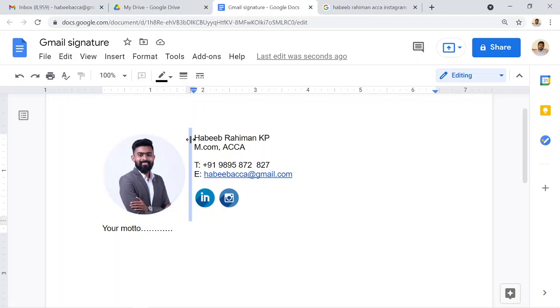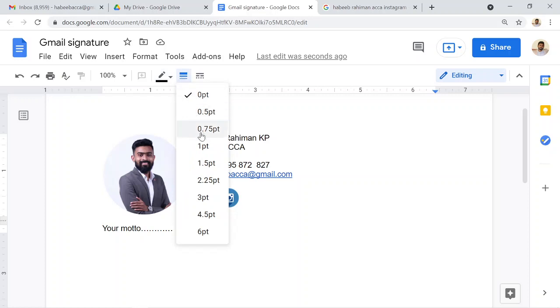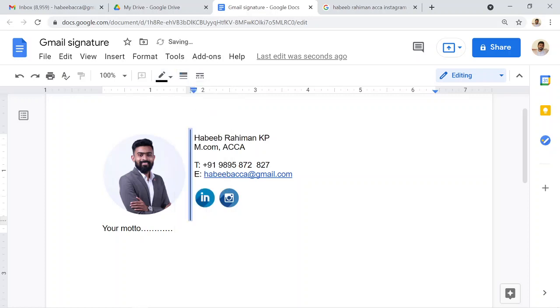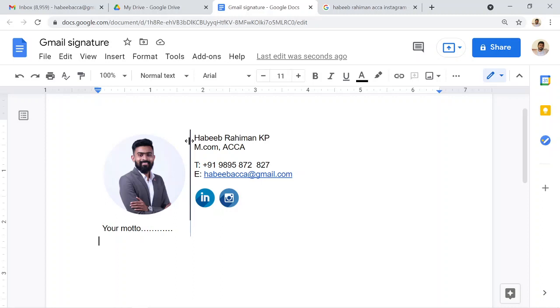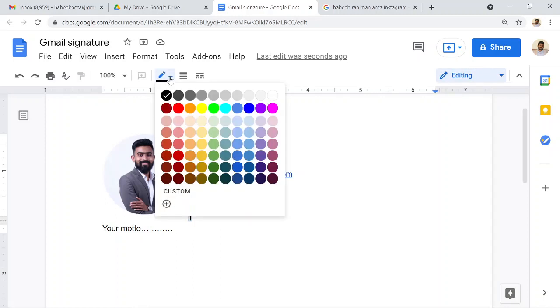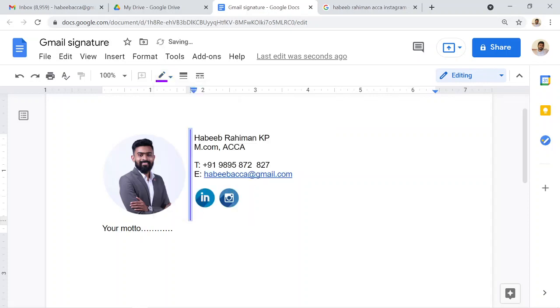Now it's selected, I'll change the color. Right now, if we change the color, it won't be visible. Why? Because the point is at 0. So I'll change it to something more visible. 1.5 will be enough. So right now it's visible. You click somewhere else, you can see it's visible, but it's in a black color only. So to make it more attractive, I'll use one color. Our brand, Elance Learning Providers brand identity color is purple, so I'll use that purple color.